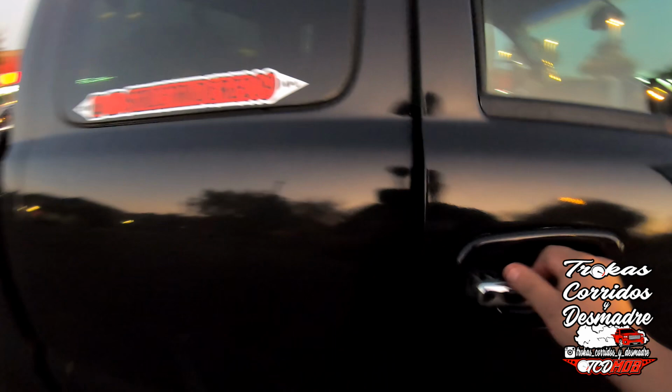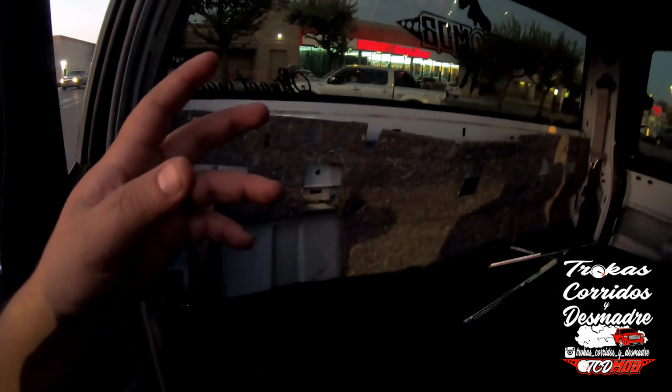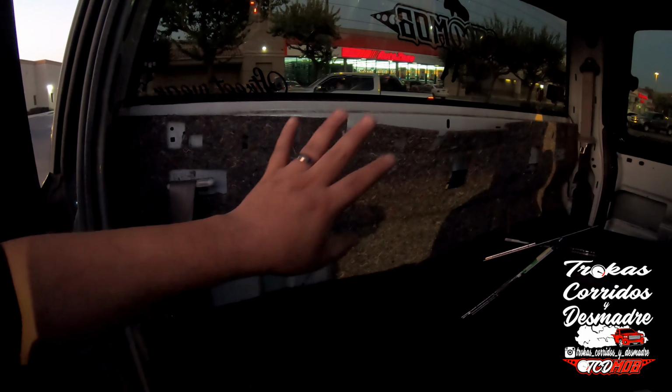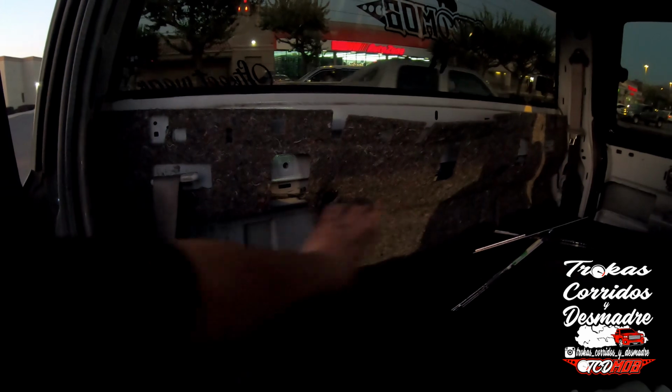Let me explain to you guys what I'm going to be doing here in the next couple of days. It's a mess in here because this thing's been moving around. This seat has to be braced down properly still. I haven't got a chance to brace it because I had the amps. That panel back there, I had the original one, but I took it off because I don't want to have to paint it, and it was a tan one. So now what I'm going to be doing is getting a black one or a dark gray one, slapping it back there, mounting my amps back here,